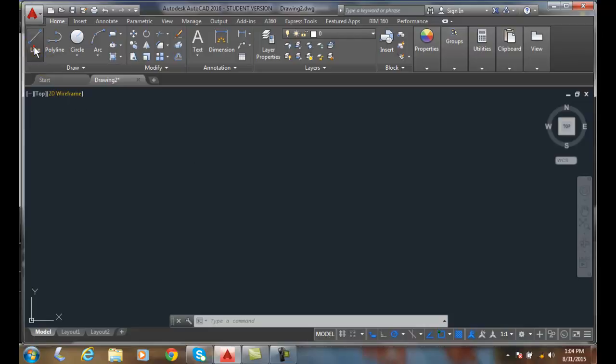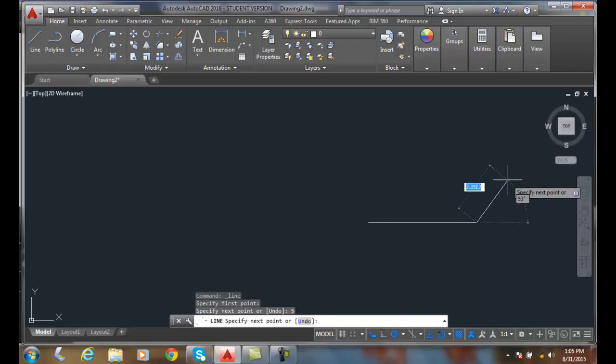Now when I draw a line, I can use direct distance entry. So I can pick a point. Notice it builds a tracking vector, and I'm going to say, you know, I want something that is 5 inches long, and now I can go on an angle of 30 degrees, I can go on an angle of 60 degrees, I can go on an angle of 90 degrees, I can go on an angle of 120 degrees. I'm going to put it at 30 degrees, and I'm going to measure a value of